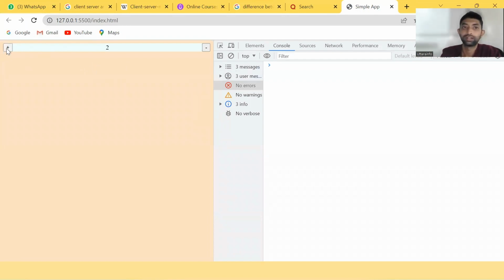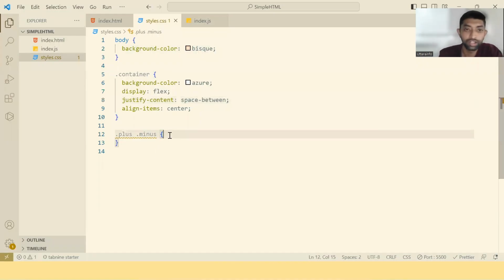So you keep pressing plus, pressing minus. Okay. If you want to style those buttons,